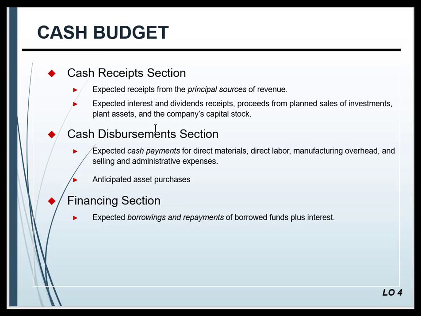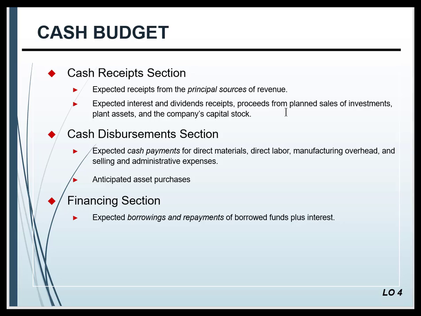So the cash receipts section, we need to know the receipts expected from our primary sources of income. I'm going to need to know any other kinds of receipts, interest, dividends, right? Maybe some sale of assets, other things that we might sell or have a transaction in which we receive some kind of funding. And of course, cash disbursements,